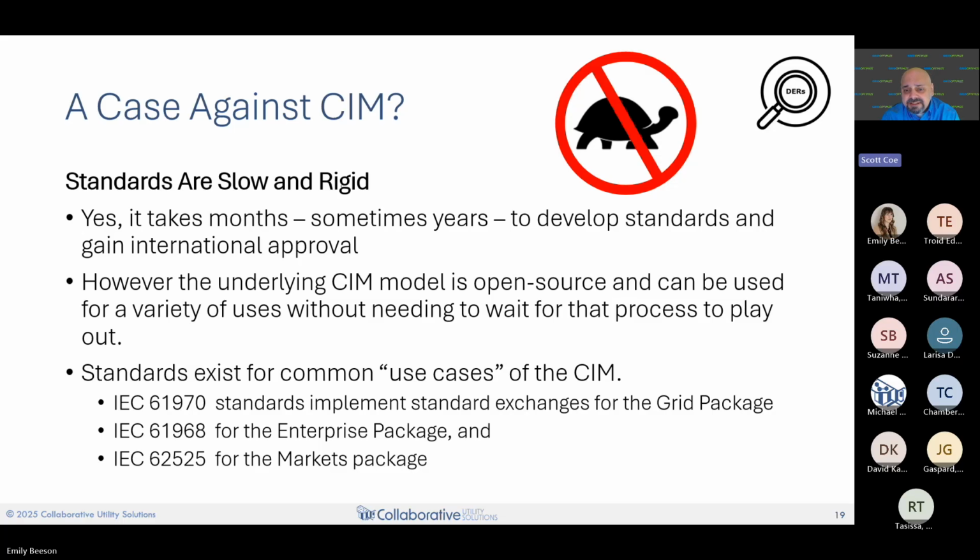Obviously, if there is a standard in place, and there are some very well-established ones for meter data exchange and outage data management, things like that, you can go ahead and use those standards. But if there aren't standards, there's nothing stopping you from building your own little exchange.